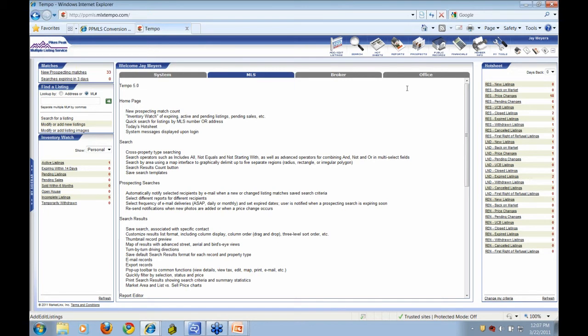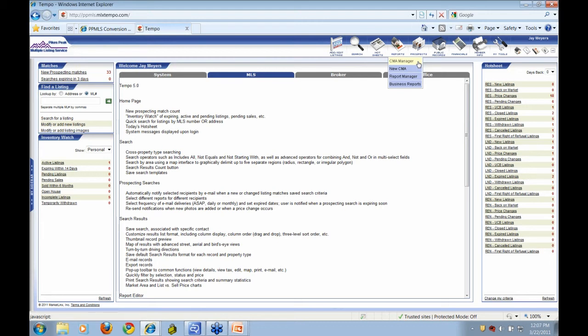And that way is found under the Reports area, and that's where you're going to find two things that pertain to your CMA. One is your CMA Manager. That's where all of your CMAs are going to be stored after you make them in the Tempo 5 system. So that's where they're going to live. That's where your CMAs can be found if you want to reopen them and edit them or reprint them or re-email them or whatever you need to do. That's where they're going to be housed.